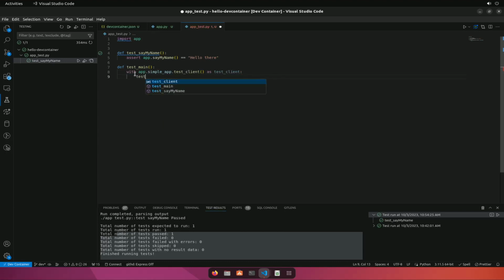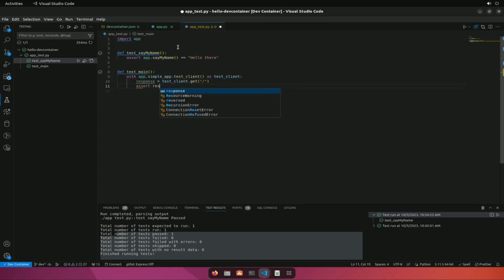Let's go ahead and say test_client.response is equal to, yeah, that's what I want to say. response is equal to test_client.get,